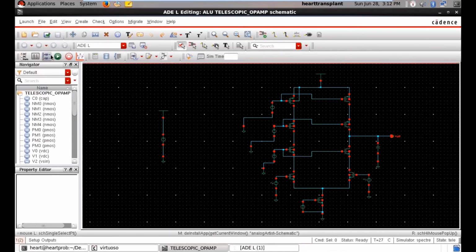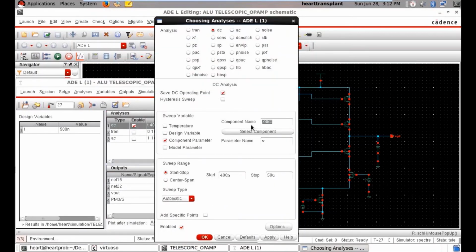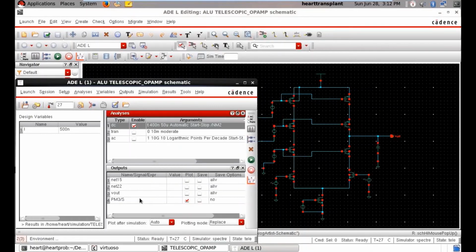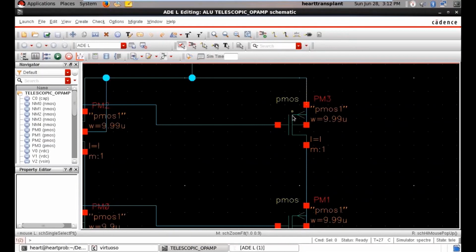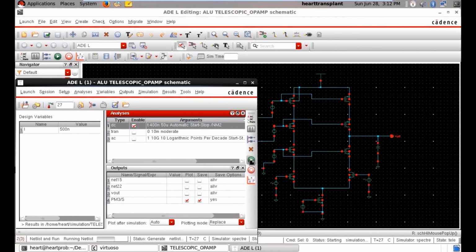I launched the ADE, where I have already saved the states. For DC analysis, the component is NM2, that is M2. I'll select it from component parameter, then set start and stop from 500 nano to 50 micro, and I'll select the node as PM3, the current of that branch. After running the DC analysis, we'll get the total current as the width changes from 500 nano to 50 micro.